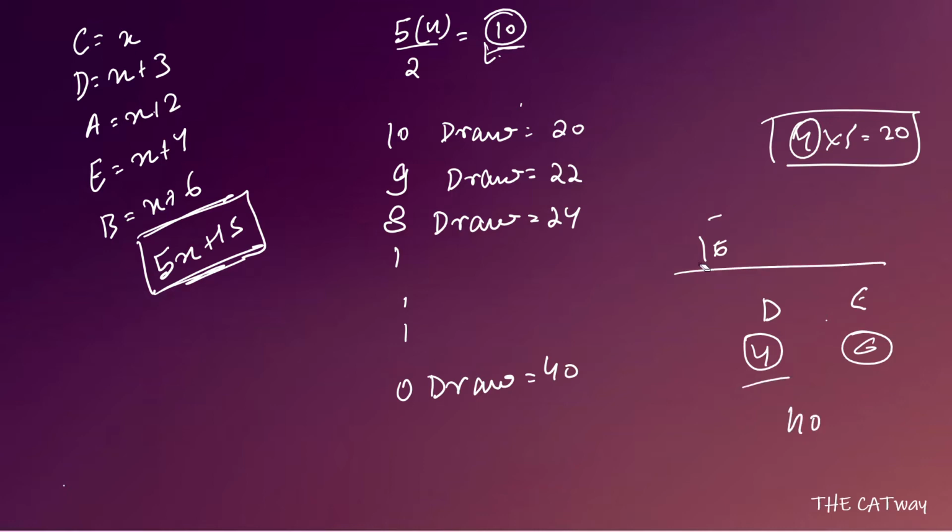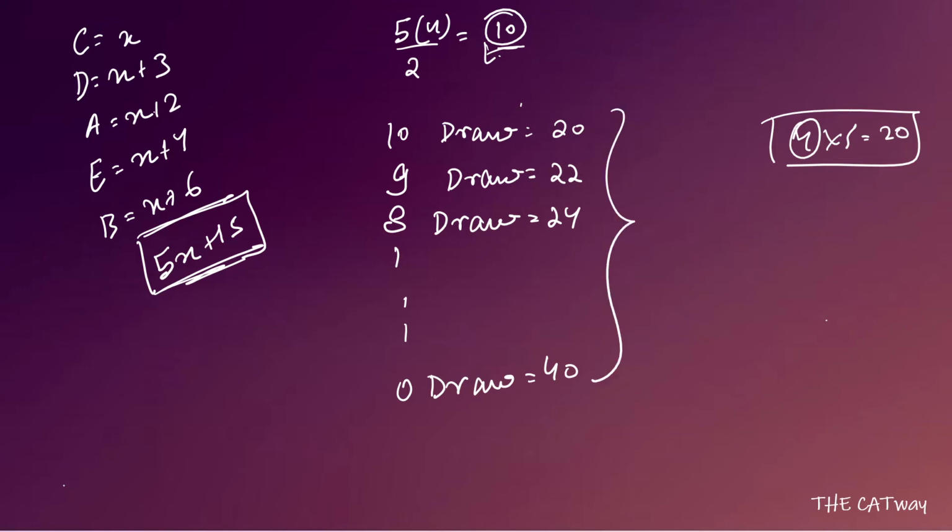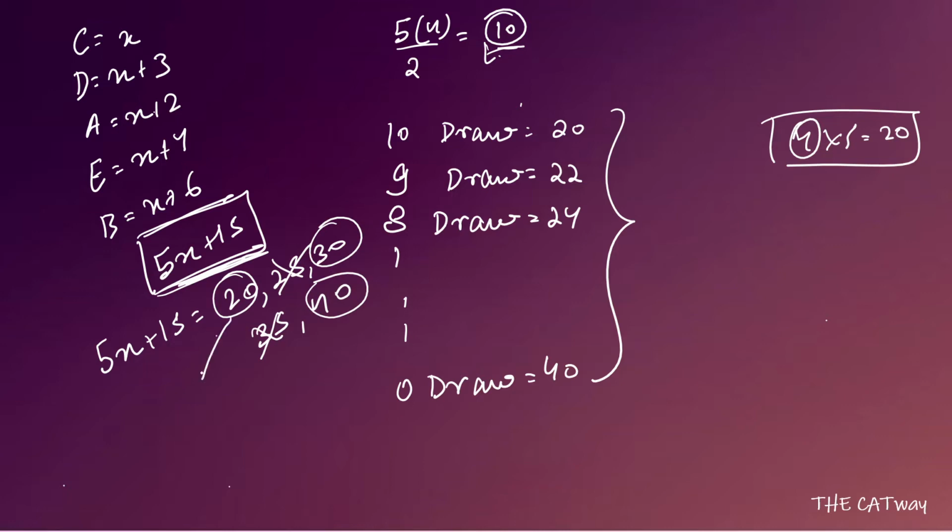Okay. Now we can see a pattern here. There is a pattern being formed, which is an AP series from 20 to 40. Now, because the total has to be of the form 5x plus 15, the only possible cases are 20, 25, 30, 35 and 40. Out of these, 25 and 35 are not possible. Coming to 20, 40 and 30, if you check for 20, what we saw is every team has 4 points. That is not possible because we know that every team has different points. So 20 points is also not possible. So let us remove all of this.